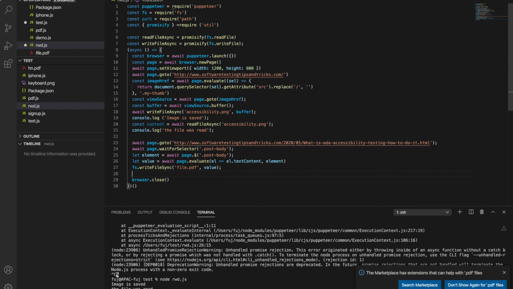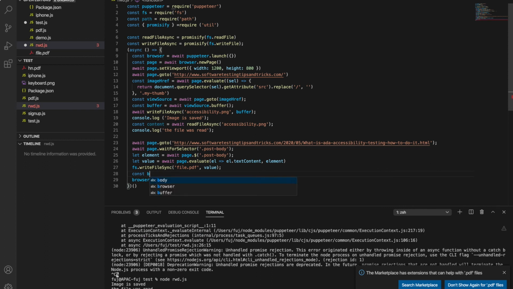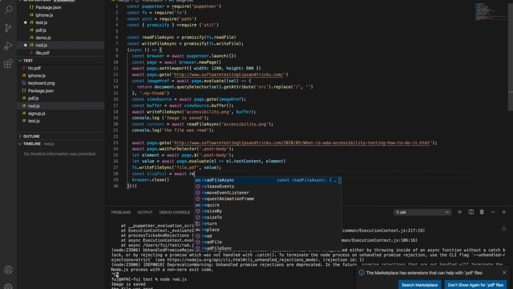To read that file, I define one constant, myBlogPost, equal to await readFileSync.